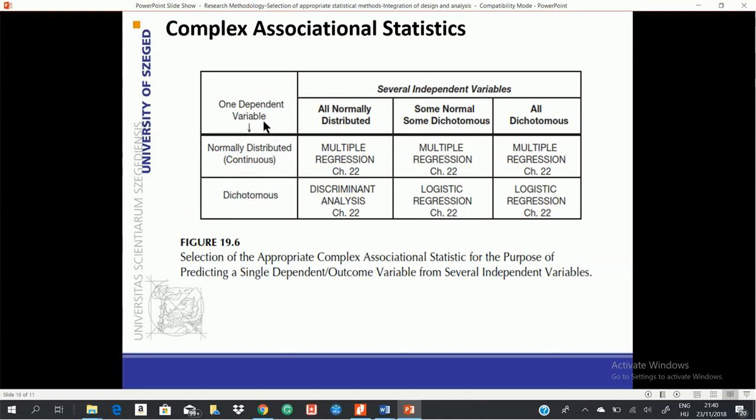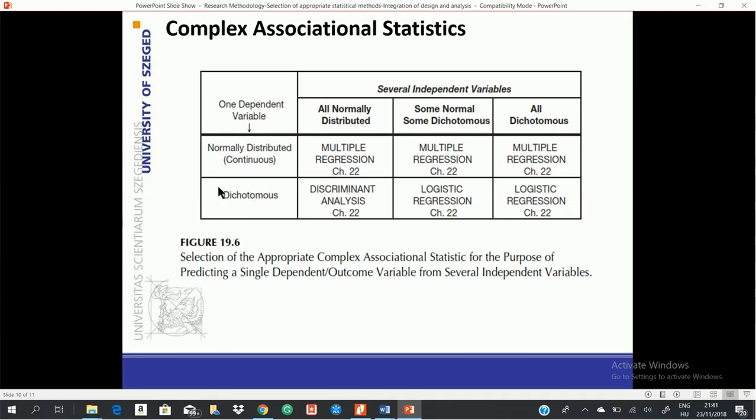Sometimes it's a normal distribution. It means that you have not ordinal, but ratio or interval data. For dichotomous, sometimes it can be nominal with unordered levels. Sometimes it can be ordered levels or